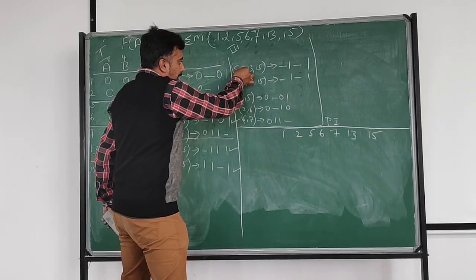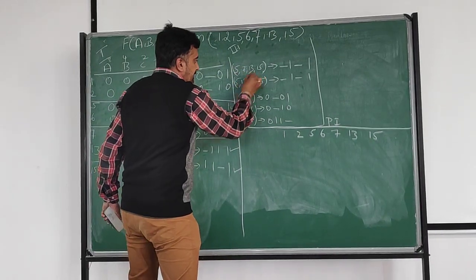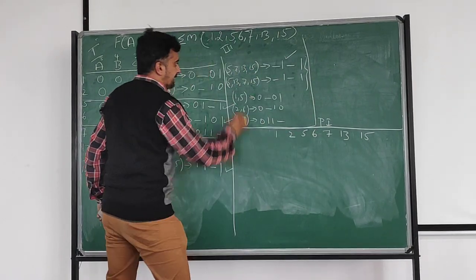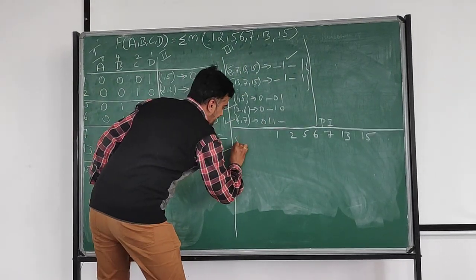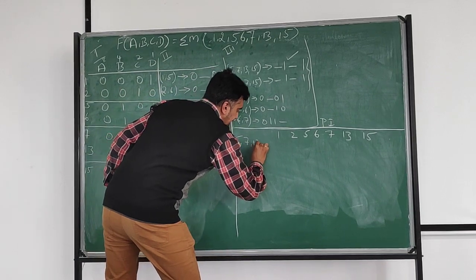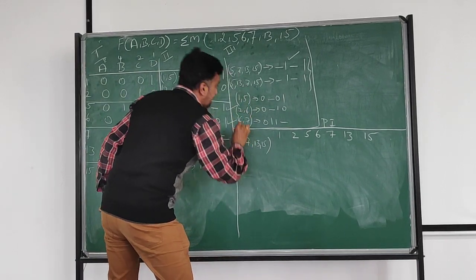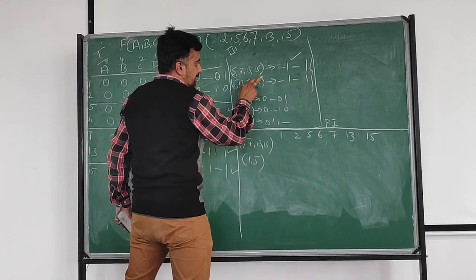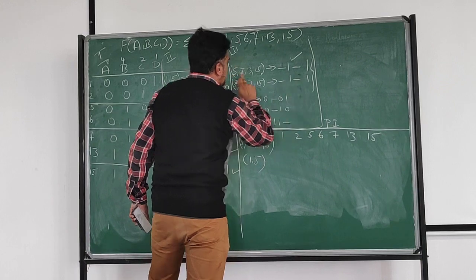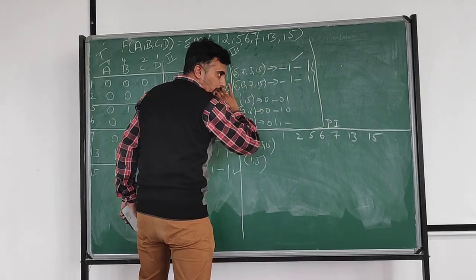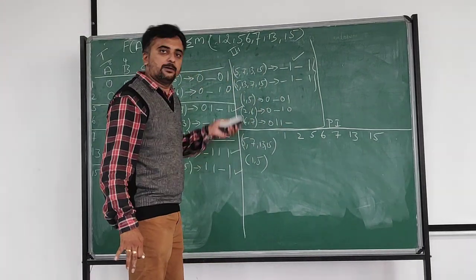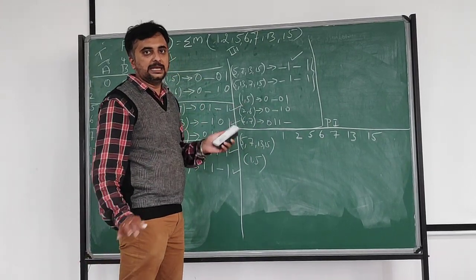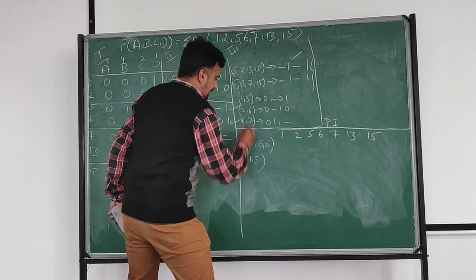Clear? So what are the values given? Here 5 7 13 15 and 5 13 7 15, both are same, so take any one. So I will take 5 7 13 15 only. Why am I taking only one? Because dash 1 dash 1, dash 1 dash 1. 5 7 13 15, 5 7 13 15, all are same, so you can take any one. If you want to take both, that is okay, but we will get only one answer at the end. So 5 7 13 15, 1 5 and 2 6.